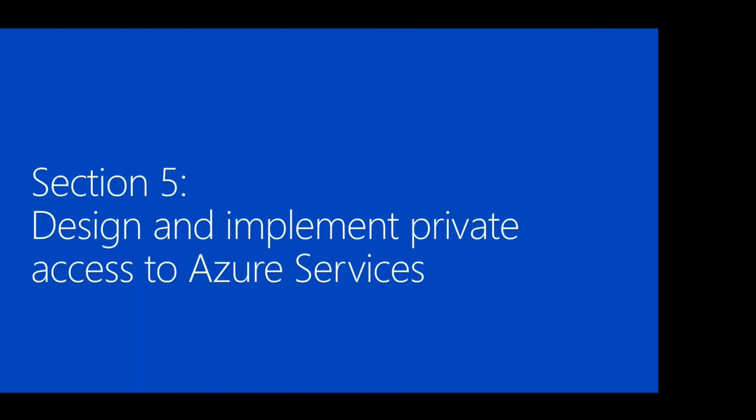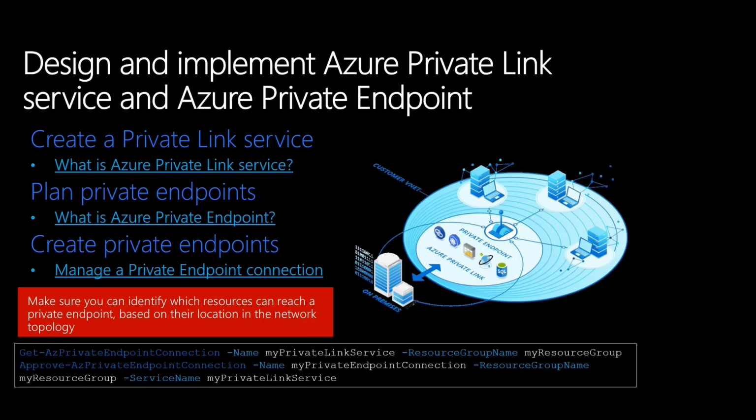All right, made it to our last section, section 5, designing and implementing private access to Azure services. First two topics are Private Link and Azure Private Endpoint. So Azure Private Link enables you to access Azure PaaS services, for example, Azure Storage or SQL databases, and Azure hosted but customer-owned services over a private endpoint in your virtual network. So having a public endpoint